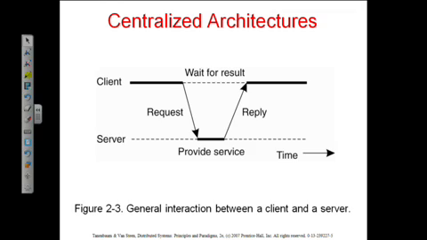Now, what exactly does centralized architecture mean? You have one or more clients and some sort of a server. The server is going to do all the heavy lifting, okay? Now, obviously, if the server goes down, there is no more service whatsoever, okay? It's easy to see how this would work because we are used to it. This is the classic client-server model. Okay? You have one or more clients, and the server is usually a big, powerful machine, and you ask the server to do things. The interesting question is what's on the other side? What could you have that's not a client-server model? Right? And this is the kind of question that distributed systems try to ask and try to find solutions for.